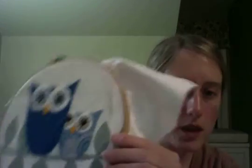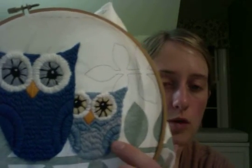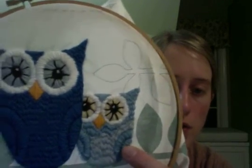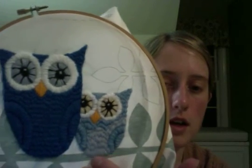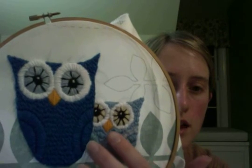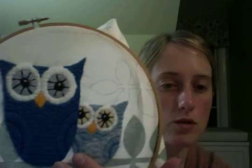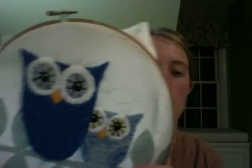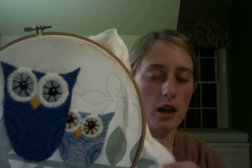Now this is a completed version of this embroidery, so you can see that there's the characteristic raised look if you look closely, and that it has a lot of depth to it that's very characteristic to Crewel. And so you will get an embroidery or sewing cloth in your kit, and this is what it looks like. I have mine in a wooden band for sewing,